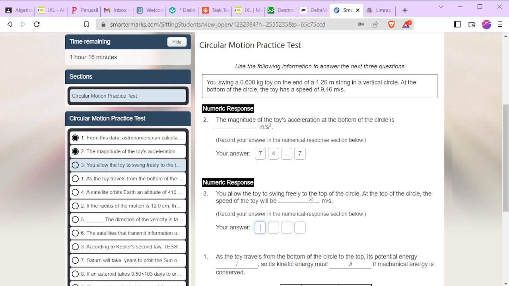So what is the speed of the toy at the top of the circle? With this one, we've got the bottom. As it climbs to the top, we can actually do that with the conservation of energy that we did in Science 10, or we can do that with just regular acceleration. So the speed at the top, it has gone up 2.4 meters. So the energy that it lost, right, if we go back,